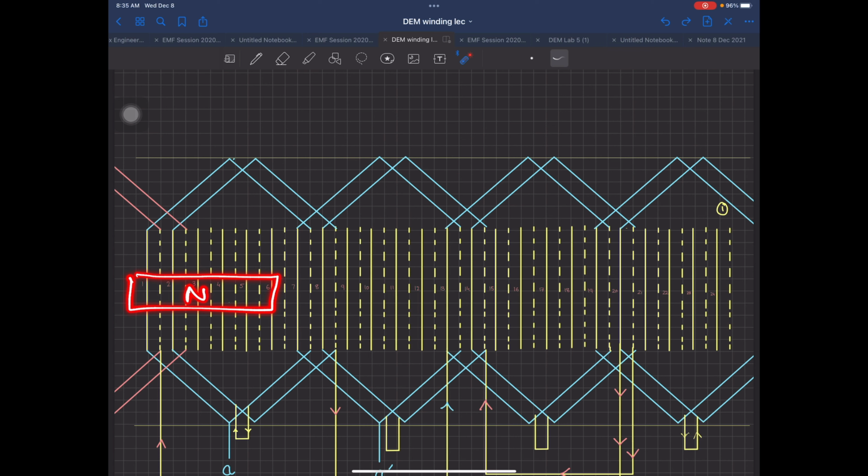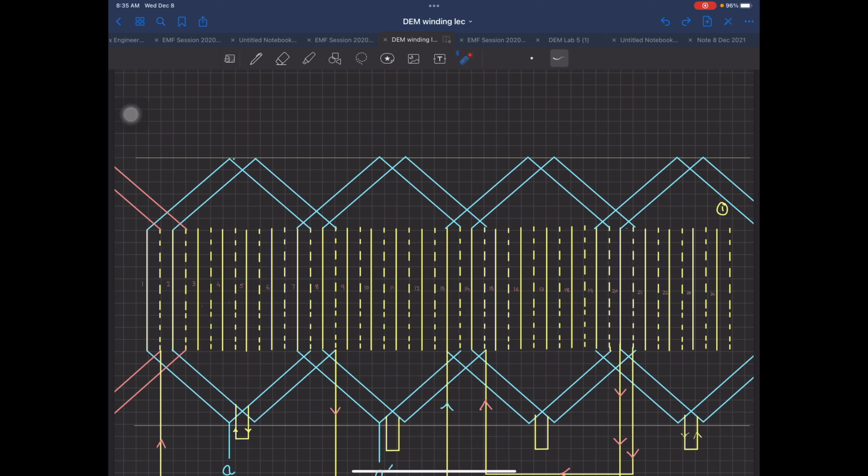pole would be here. Then the next is going to be up till the 12th, this is going to be the south pole. And then afterwards, up till this 18, this will be again north pole. And then afterwards, this will be another south pole. So at one instant. After some time, supposedly 1 second or whatever the time may be, because in 1 second you are going to have 50 cycles of the electrical waveform. So maybe only one cycle I'm talking about, then it will be 1 by 50 time. So certainly one time period. So this means this will move by some distance over there.